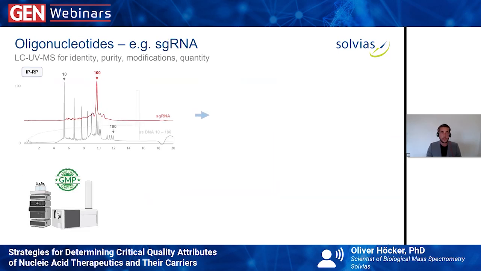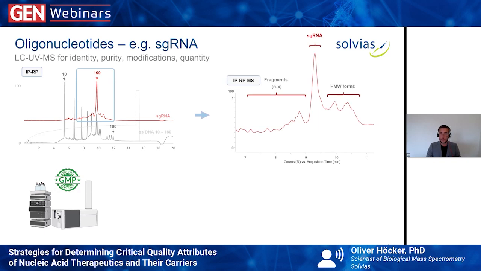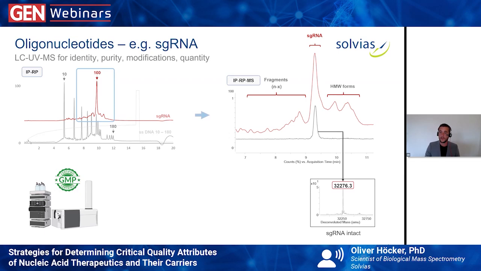If we go then to larger oligonucleotides, such as single guide RNA that are, for example, used for CRISPR-Cas technology, it's not 20 nucleotides, but 100 nucleotides long, so already much larger. And here we don't have so good chromatographic resolution. However, we can still connect it to mass spectrometry. And on the right side, the large peak is our main peak that should contain our wanted single guide RNA intact. And this we can also confirm, the black trace,